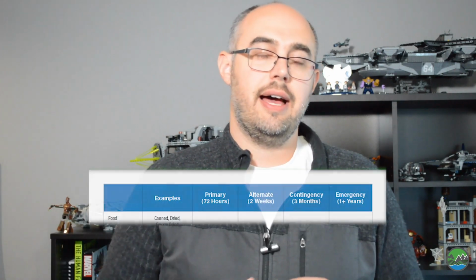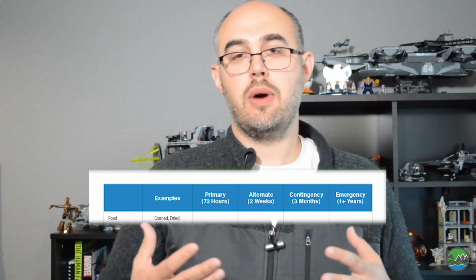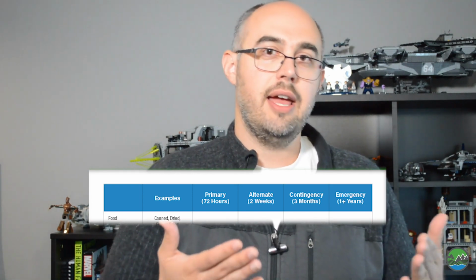The table on page 2 is organized using the P.A.C.E method across the top. So the columns are organized by primary, alternate, contingency, and emergency. And I've given some rough timelines to those. The way that P.A.C.E works is it's a prioritization system where you are planning on what is your primary, maybe